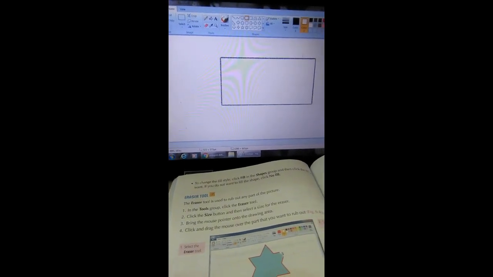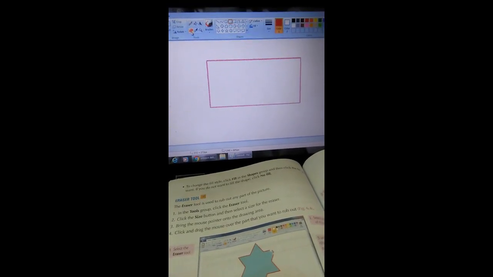For example, just draw any closed shape on the computer screen and select a color. Click this bucket or fill with color tool and click inside the shape.